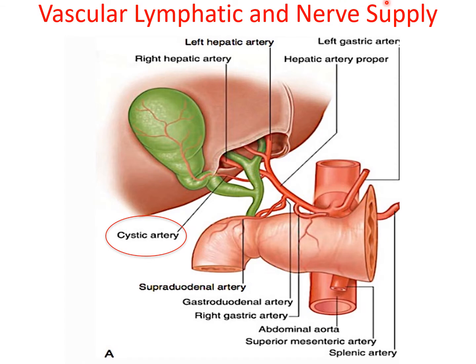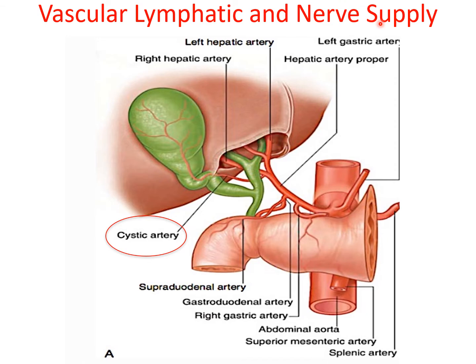Coming to the nerve supply of the gallbladder. So the sympathetic fibers come from T7 to T9 segments and the parasympathetic vagal fibers, the two combine and they form the celiac plexus. Now, as I have told you, remember that the gallbladder contracts in response to a hormone cholecystokinin, which is produced by the mucous membrane of the duodenum on the arrival of fatty food from the stomach to the duodenum.